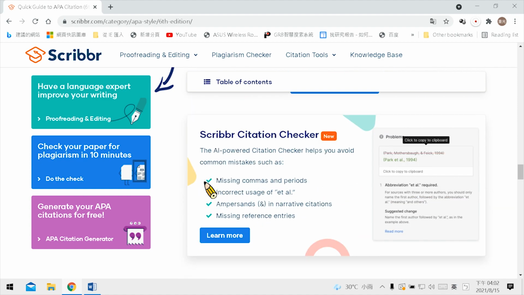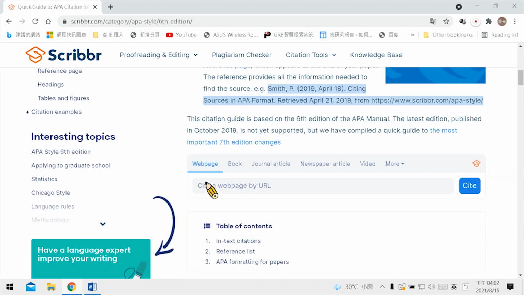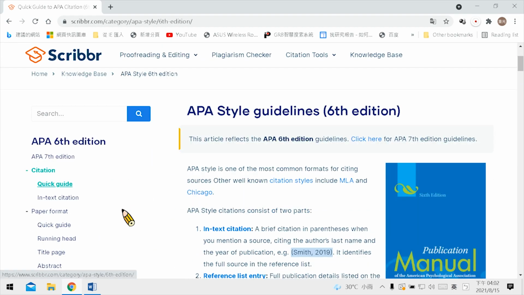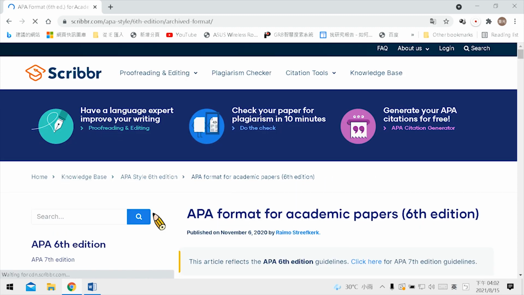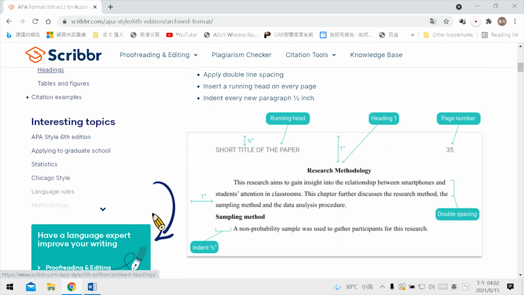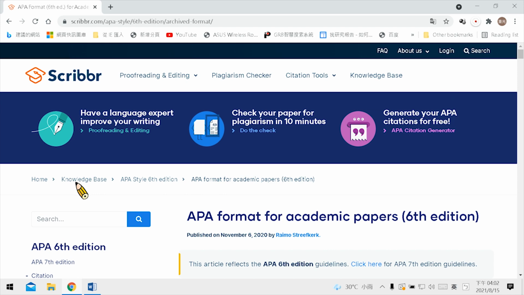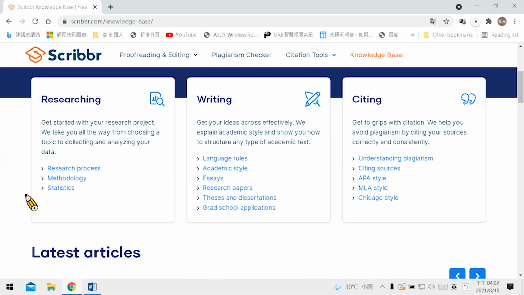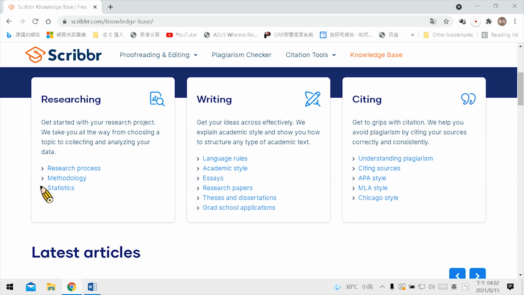Okay, so this is a very good reference. And also it has some paper format. Okay, so maybe you can look at that. Okay, and also they have, you can see in here, knowledge, and you can check the research process,